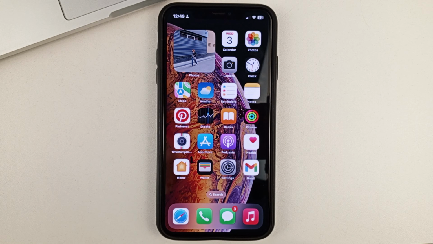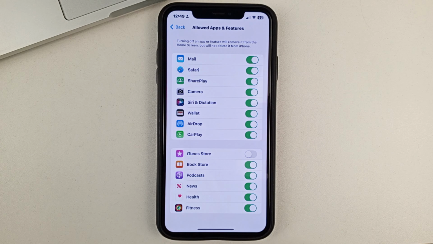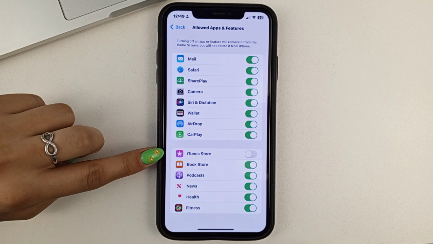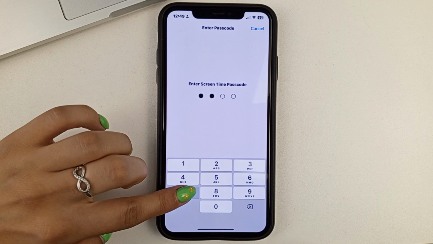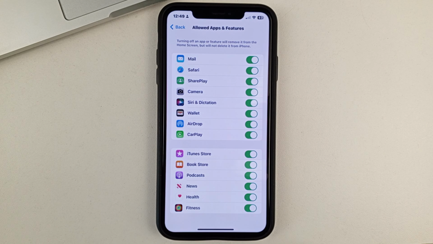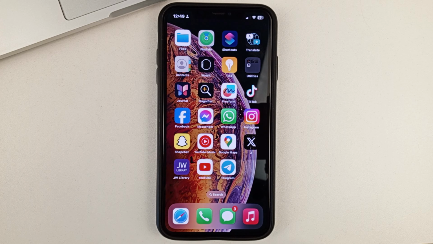If you want to turn it on, then you'll also have to go to your phone settings, Screen Time, and when you find the iTunes Store app, click on the button opposite it to activate the app. And in the same way, you can go to your work screen, wait just a few seconds, and before your eyes this application will appear.